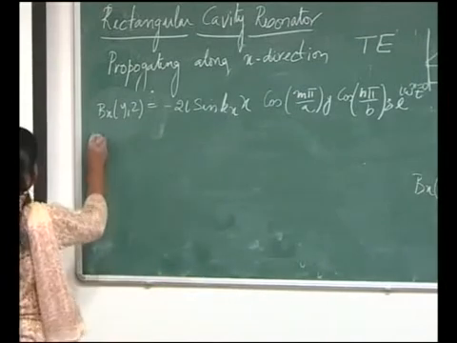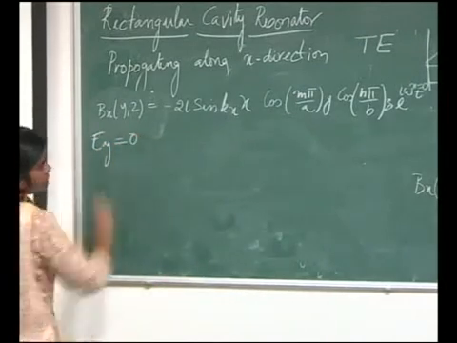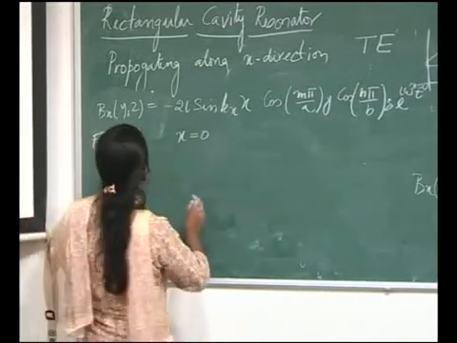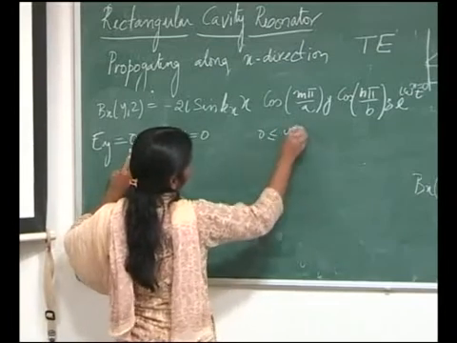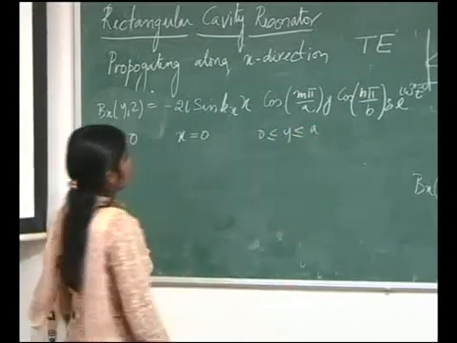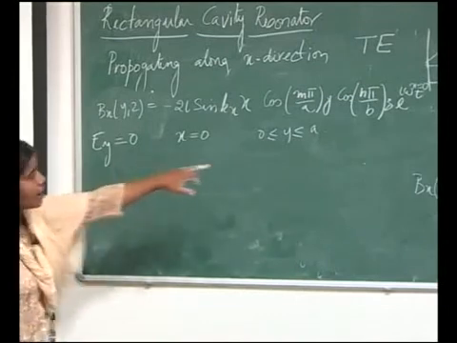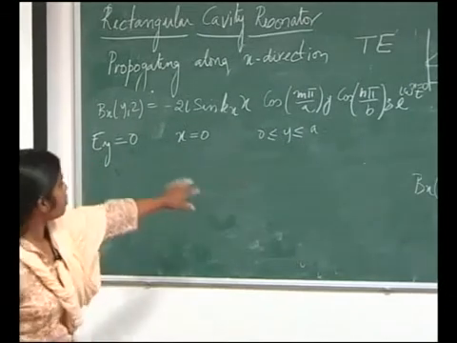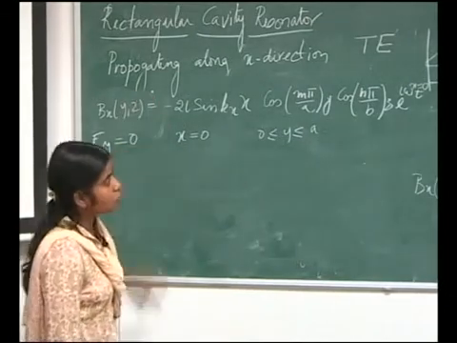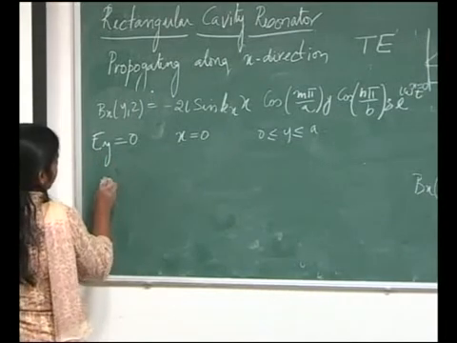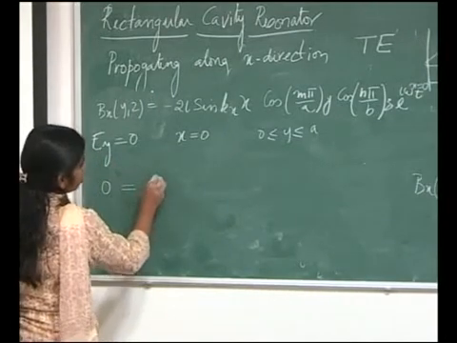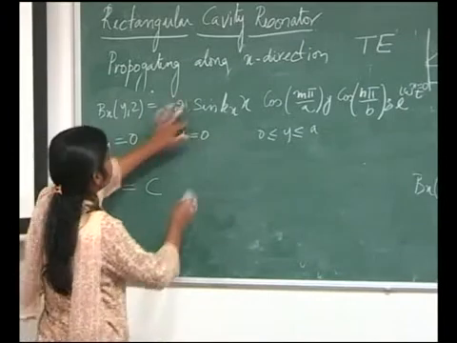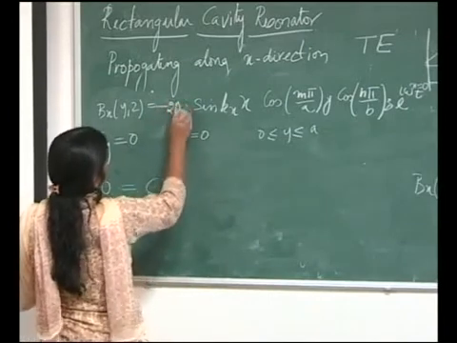So, now I say that Ey is 0 at x is equal to 0 for y greater than 0 and less than a. Okay. So, now I again take that term and I substitute this value of bx. So, I get Ey, which is 0, equal to some constant term c, all these things a1, a2, and here I will have a term 2a plus also minus 2a plus I.